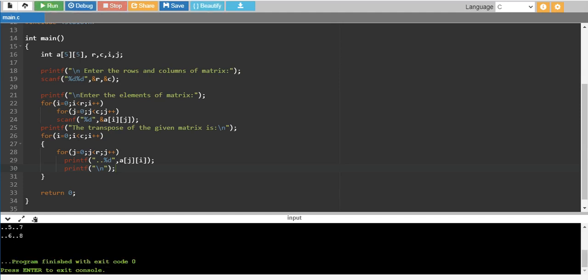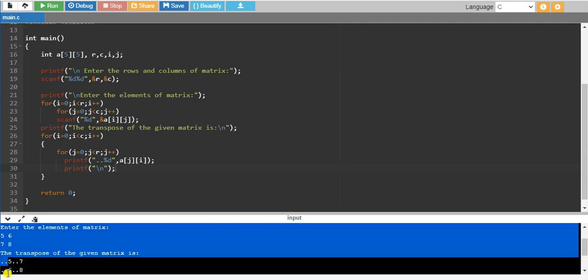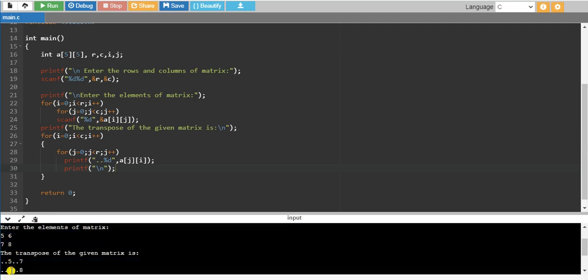See here, the transpose of the given matrix is from rows to columns. The given matrix is like this: 5 6 in the first row, 7 8 in the second row. After transposing it, the first row 5 6 is in the first column, that is 5 and 6.